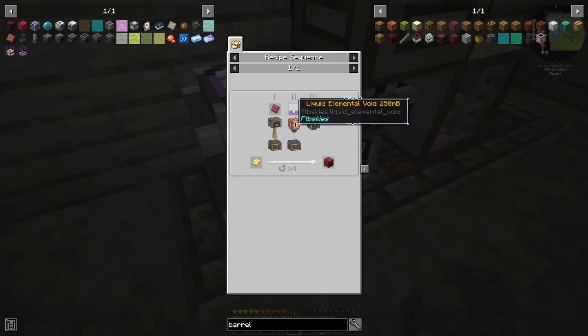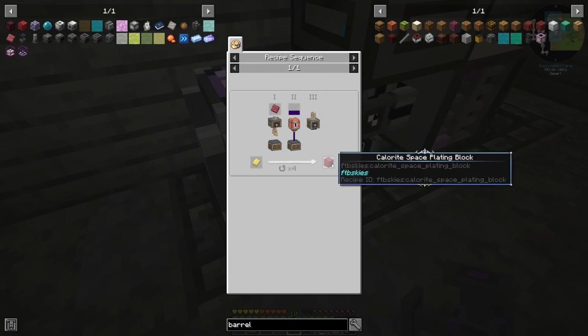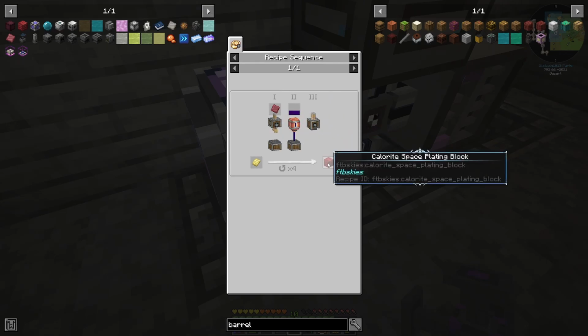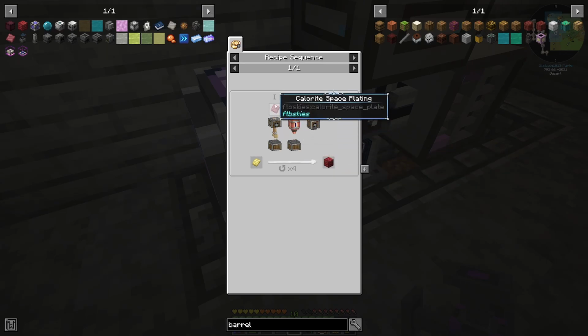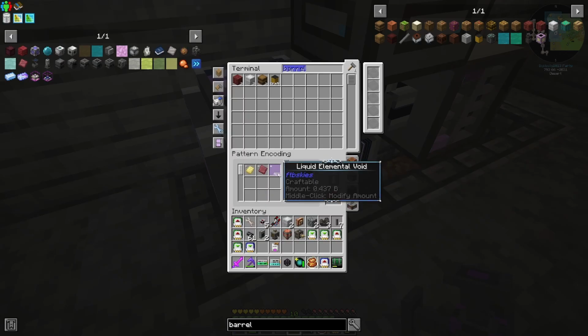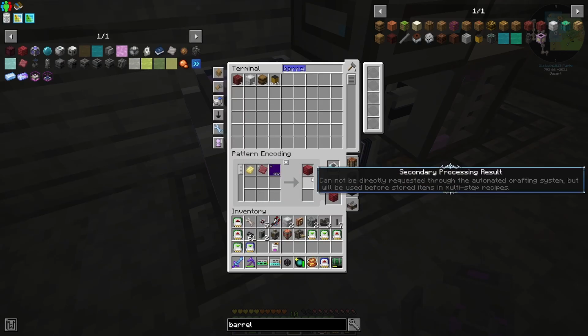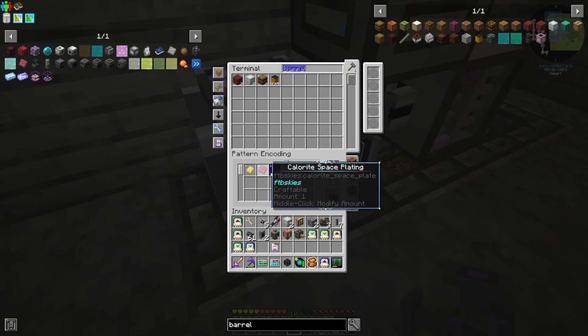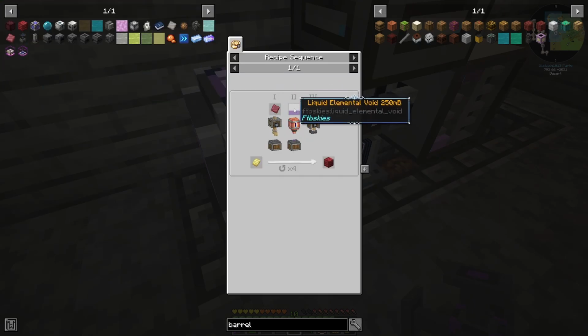But now we need to do the math, because we're trying to tell our system what it needs to send to this pattern provider for it to eventually get back 1 calorite space plating block. So if we have to go through this process 4 times, our pattern, if you just hit the plus, is going to put 1, 1, and for some reason 0.437 buckets worth. It just randomly picked that number. I don't know. But what it actually needs, if we look at the pattern, is 1 full bucket